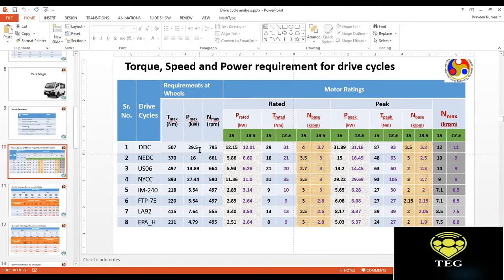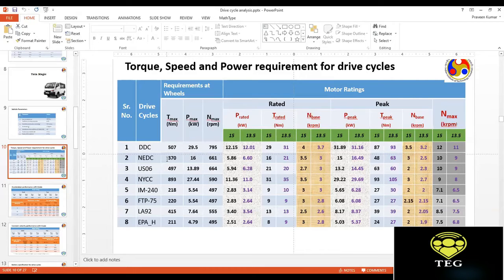But since we don't regard those speed limits, to satisfy the customer's expectations we need a power plant, or a motor in this case, which has a power rating of 30 kilowatts. Otherwise, we could have done with a lesser power rating. Moreover, if we look at the acceleration patterns, due to the erratic acceleration that we would face in Delhi, for example, we need much higher torque than you would need in European conditions.